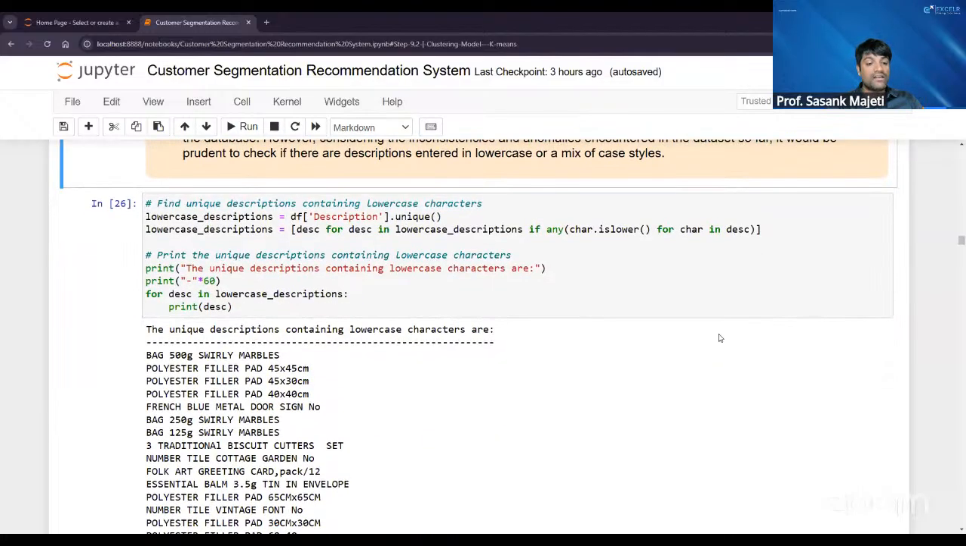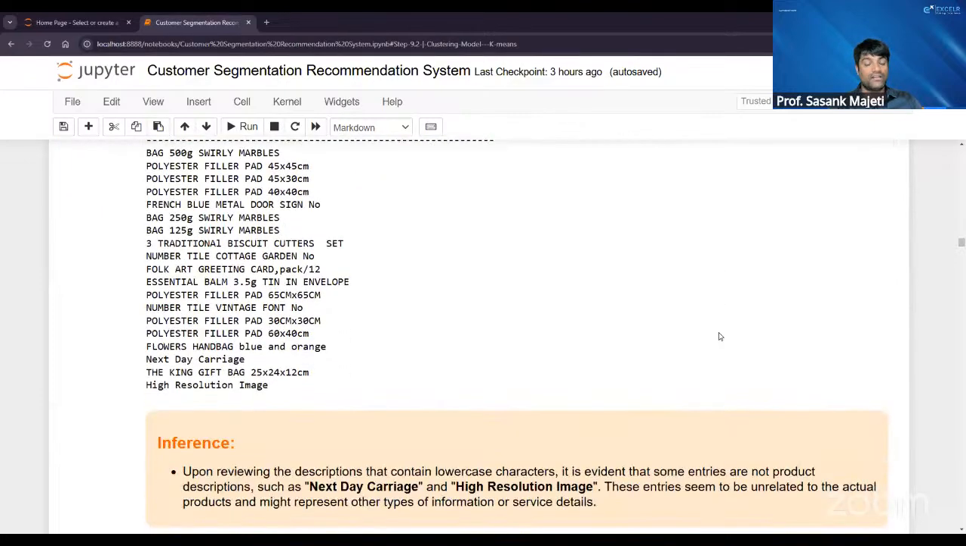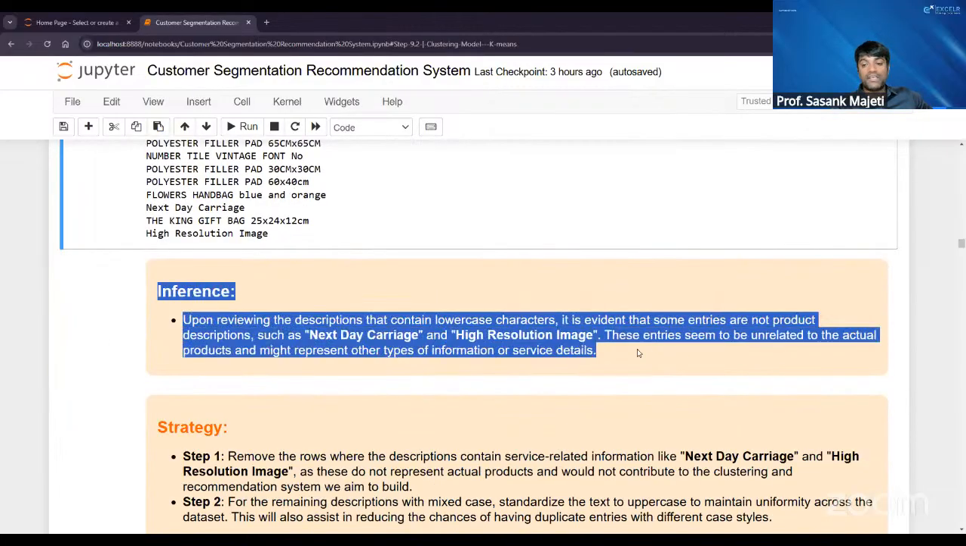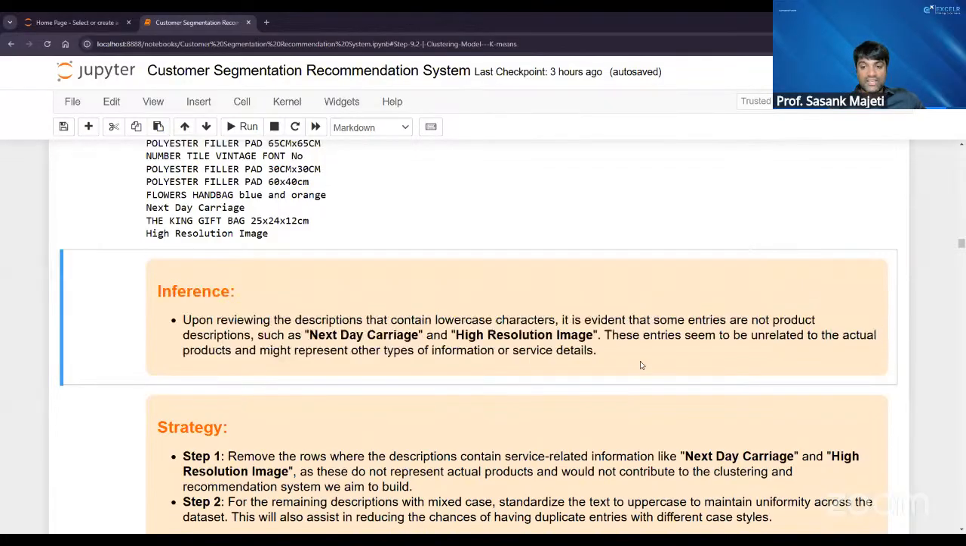So now let us see if anything contains any lowercase. If you see carefully, lowercase is exactly there in some of the things like grams, centimeters. Here I can see pack 1/2. So it is not exactly with the name. Upon reviewing the descriptions that contain lowercase characters, it is evident that some of the entries are not product descriptions, right? So that is why it is fine now to go ahead and strategize